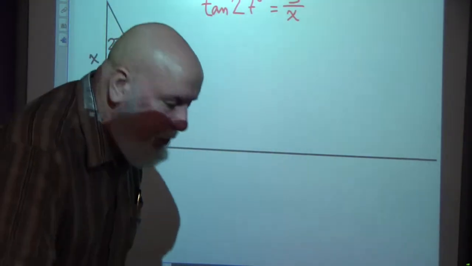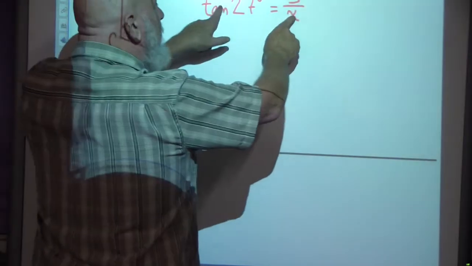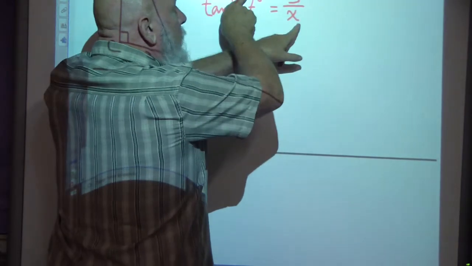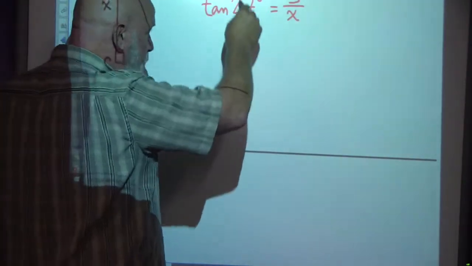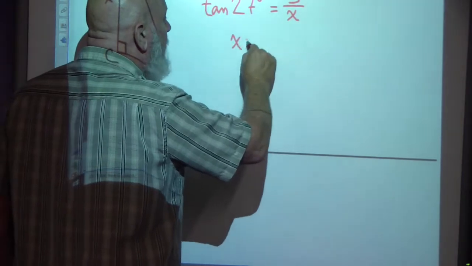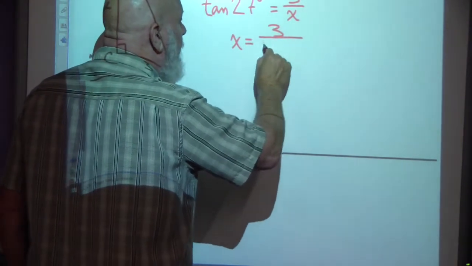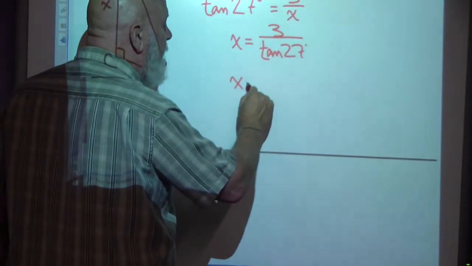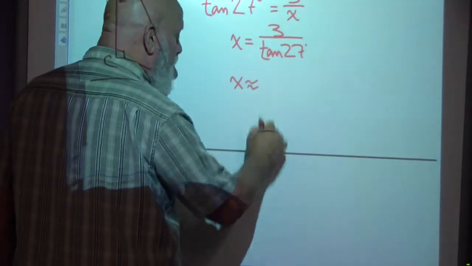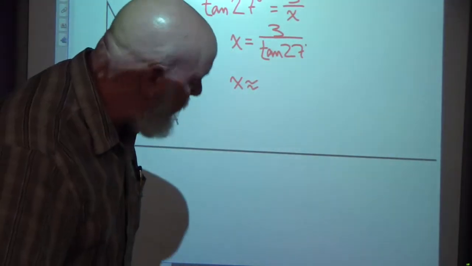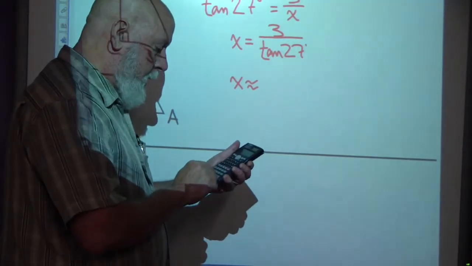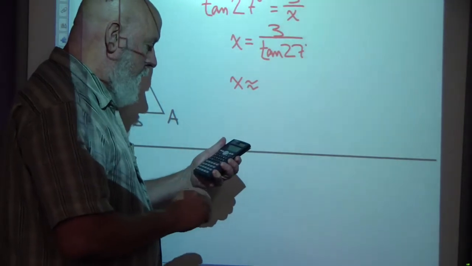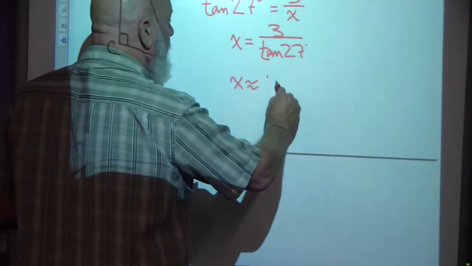I'm going to do that little algebraic thing that we did in the very first problem. Since the variable's in the bottom of the fraction, I can just switch these two by that little bit of algebra that we did before. x equals 3 divided by the tangent of 27. And then I'll perform that operation with my calculator and round it to the nearest tenth, because that's what I'm asked to do. It looks like it's about 5.9